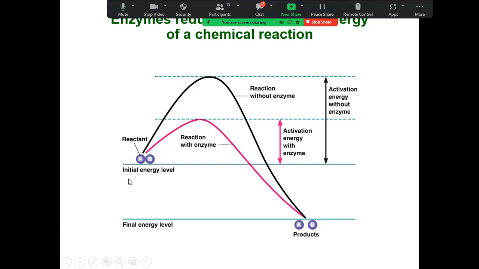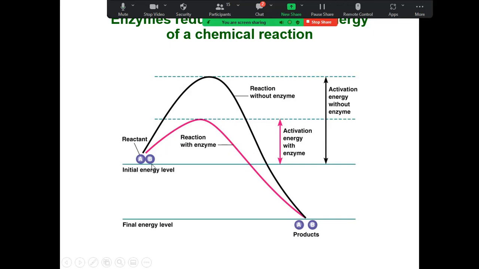An example of this would be to burn glucose. You could take a cup of glucose and take a blowtorch to it, and that will add energy to it, and that would be the activation energy without an enzyme. And as you know, a blowtorch is really hot. You're adding an extreme amount of energy to the glucose, but that will burn the glucose and convert it into CO2 and water. There's another way that this happens,